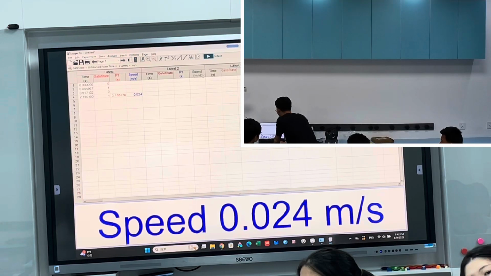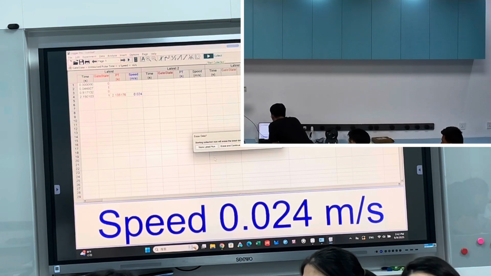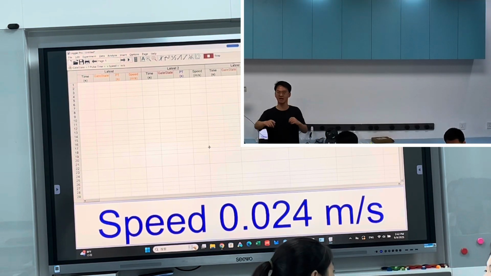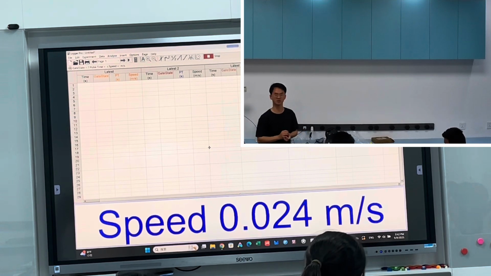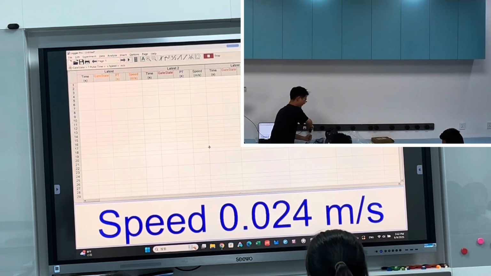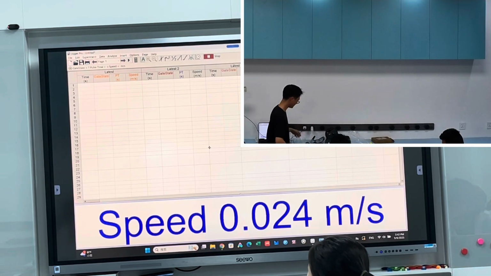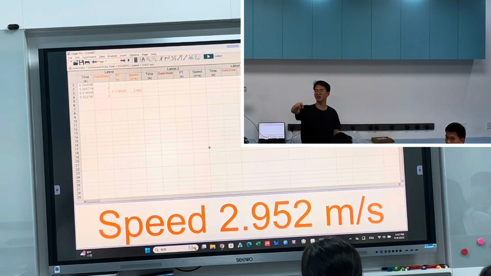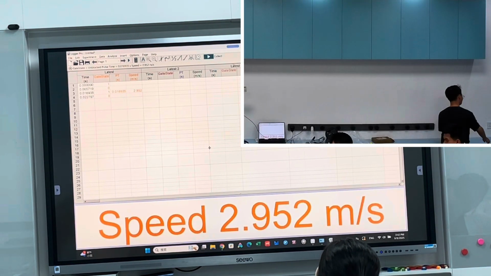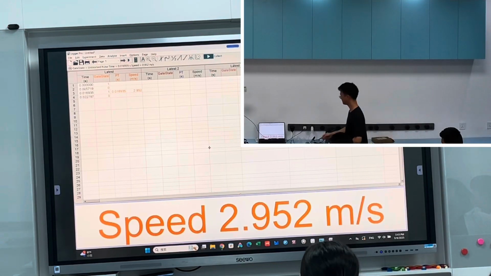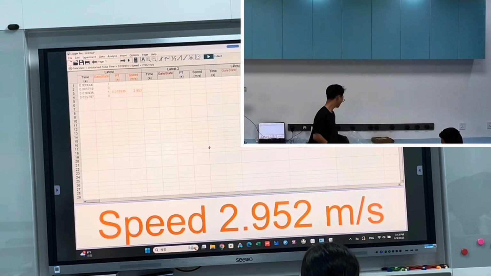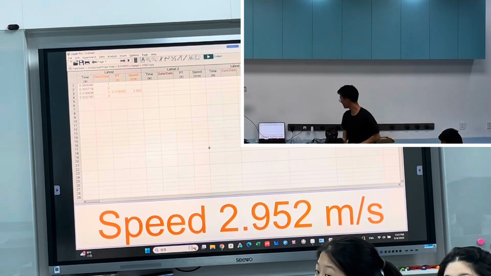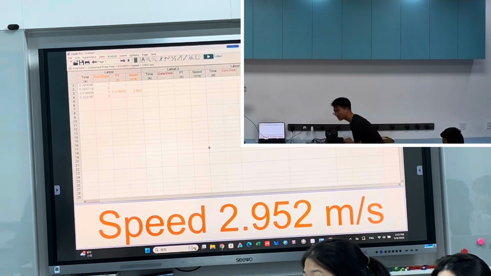And I wanted to be able to see how fast this projectile is being launched. So I pump in air, and then 1, 2, 3. So what is the initial speed that's being pumped up? 2.952 meters per second. So if we know this value here, and we know that the angle is 30 degrees,